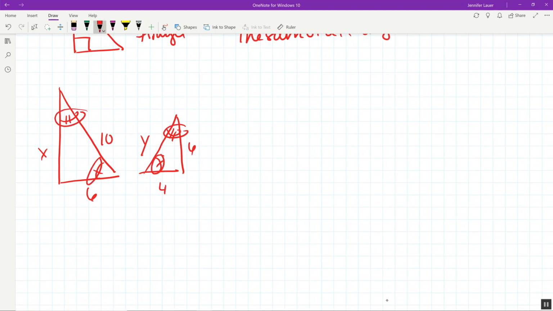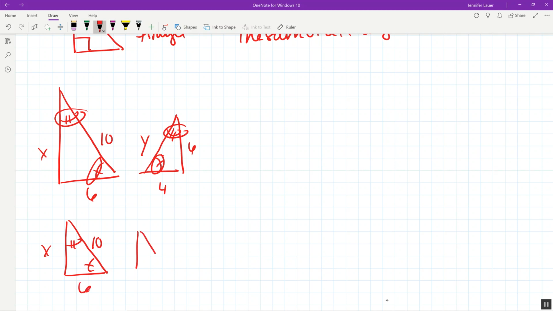When at least two of the three angles in a triangle are the same, then they are similar triangles, because if two are the same, then the third has to be the same. So they say side or angle, angle, it means angle, angle, angle. So this tells us that the triangles are similar. Well, how does that help us? Well, if I take this one, and I'm just going to recopy it down here,